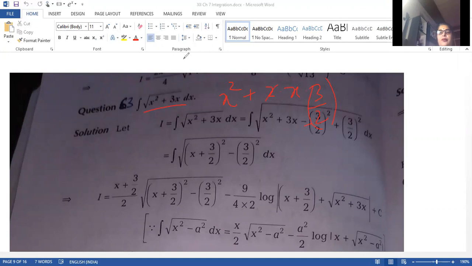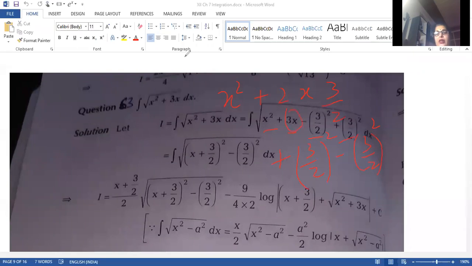So what will be your b? So you can write this as x square plus 2 into x into 3 by 2 plus 3 by 2. You are having 3 by 2 as b, so 3 by 2 whole square minus 3 by 2 whole square. We can write this way. Clear? That only you can see it is in square root. I have not written square root, so square root you can write by yourself. You can see x square plus 3x minus 3 by 2 whole square plus 3 by 2.